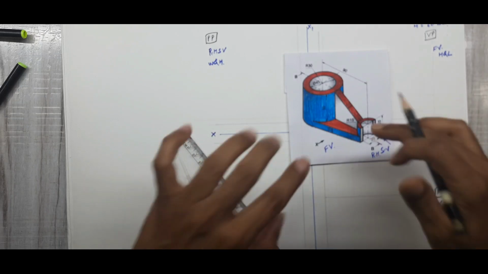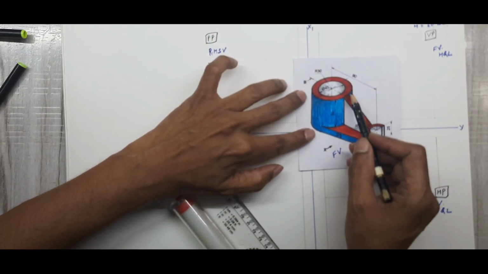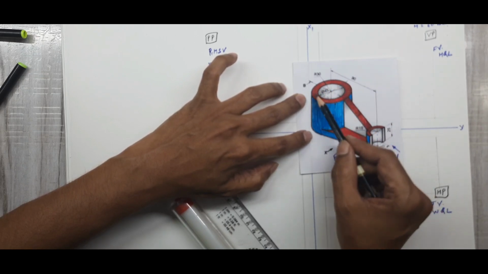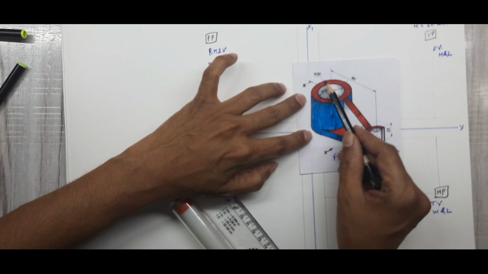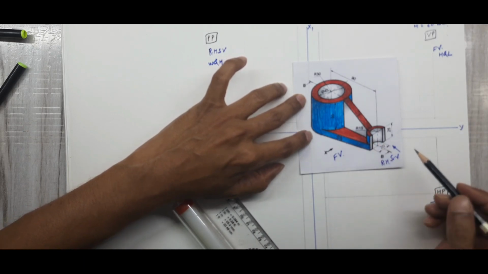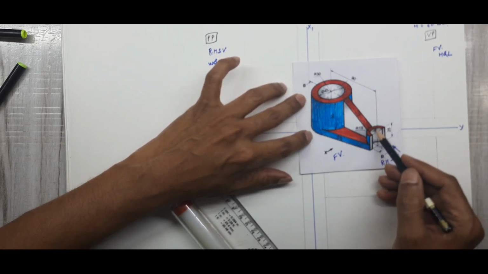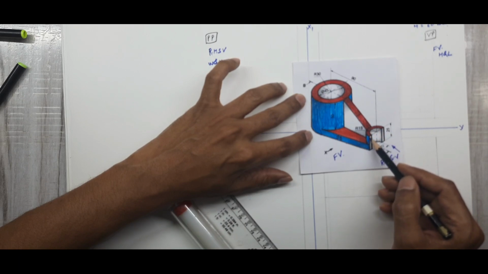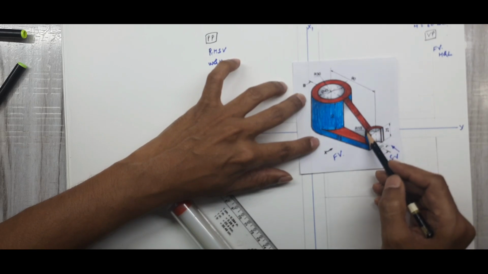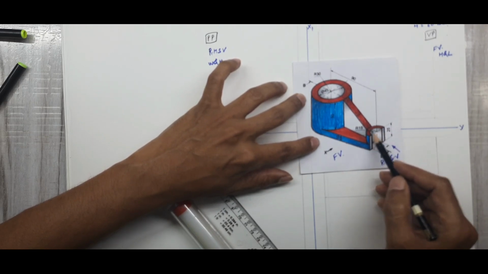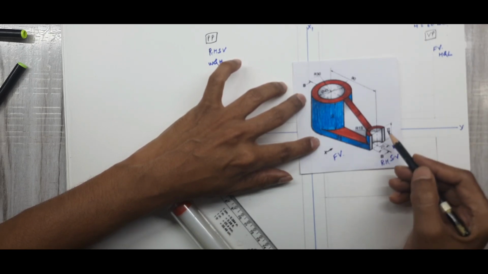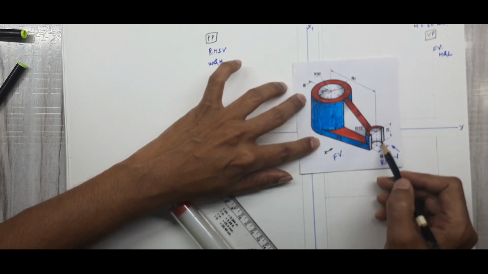Okay, now in the top view, what you will get, if you see this red color, this is a cylinder actually, and two circles can be seen whose outer radius is 30 and inner diameter is 45. One more thing you can observe, if you go for this portion, here also you will get a semicircle. There are two semicircles whose radius, the 15 they have given the radius, and the other one, you can see this one, outer one is 15 and inner one is 20.